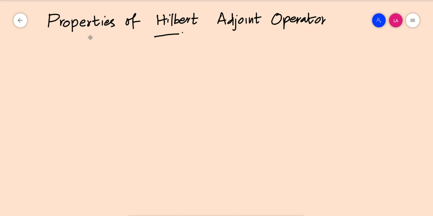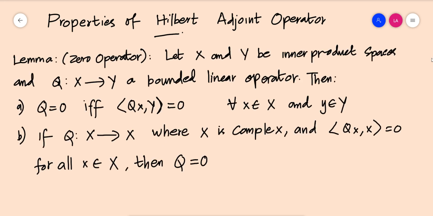So, in the previous lecture, we discussed the concept of the Hilbert adjoint operator in general. In this lecture, we will discuss some elementary properties of the Hilbert adjoint operator. Before getting into the properties, we need some results to establish them. The first essential result needed can be stated as a lemma. So, the lemma states that